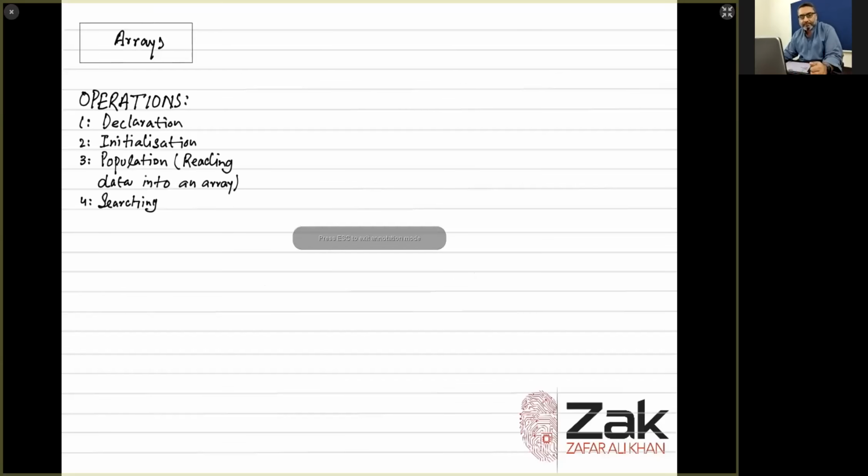Arrays. We have to understand arrays, how are arrays made, which is declaration, how they are initialized, what are arrays, how do we populate them. The word population is for reading data into an array, means read all the values at all the locations of the array in one go and then searching for the array, and we might have the sorting and all operations. So let's see first thing,